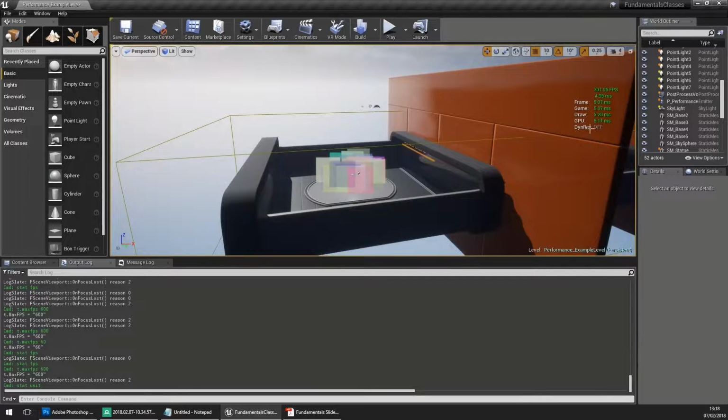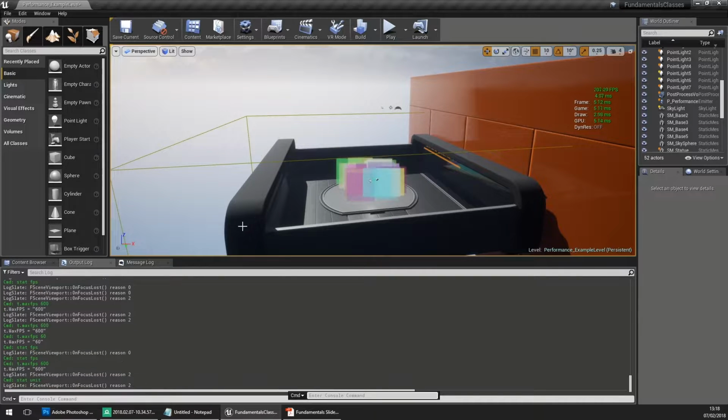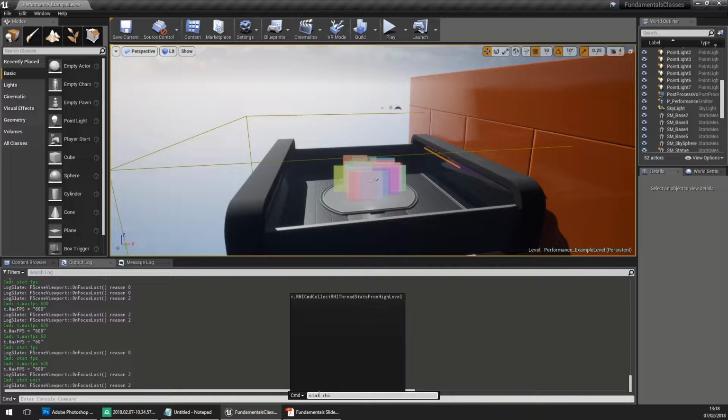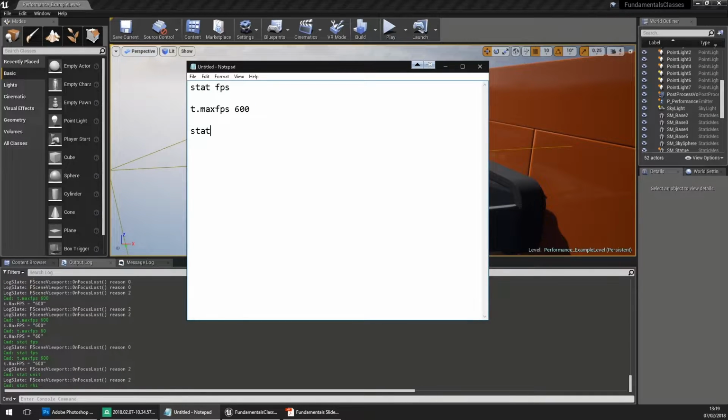Profiling basics, this is already kind of part of it. You bring up stat FPS or stat unit so you can identify the frame rate, and then there are many more commands, and this is way too much to dive into for an introductory course. But you have a lot of these stat commands, stat space, and then you have, for example, RHI. And this isn't even suggested, and it's probably not suggested in the output log either. But if you type stat RHI, and I'll type this here for you again so you can see it more clearly,